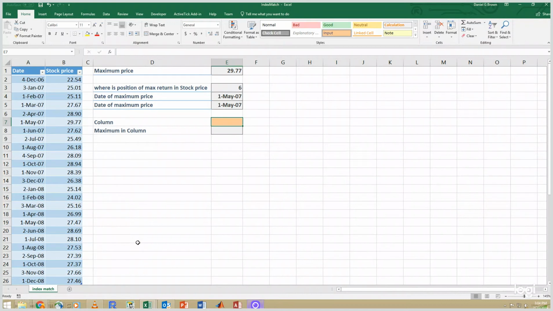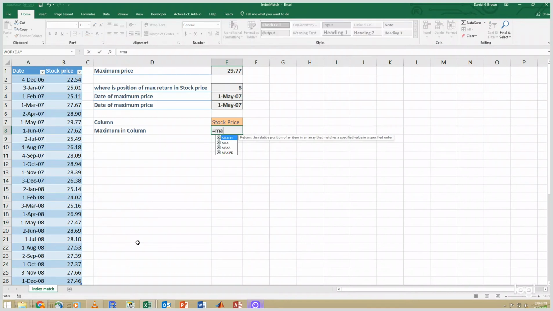The other thing we can do with INDEX and MATCH is a nice little trick or useful feature. Let's say we want to take the maximum in a particular column. So I'm going to type in, for example, stock price, and I want to find the maximum in the stock price column, or alternatively, I could type in date, and I want the maximum in the date column. So let's do stock price, which means, again, same thing, we want the maximum,